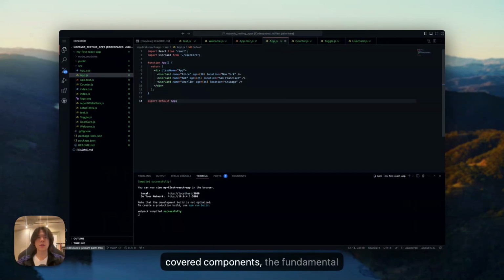So today we've covered components, the fundamental units of React applications, properties, passing data from parent to child components, state, managing dynamic data within the components, and event handling, which makes components interactive by responding to user actions, such as onClick. These concepts are the backbone of React development. So it is very important to understand them, and it will enable you to build more complex, interactive, and dynamic applications. In our next lesson, we'll explore lifecycle methods and hooks, which allow us to manage components' behavior during different